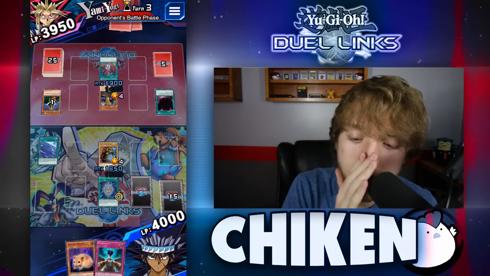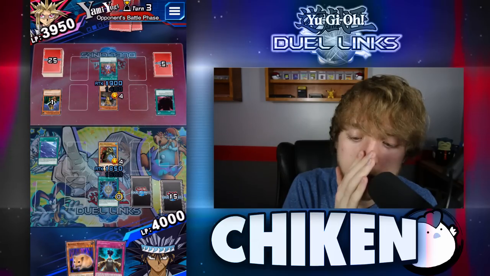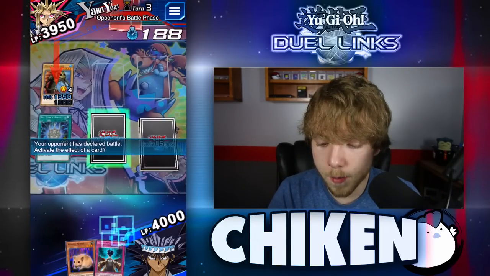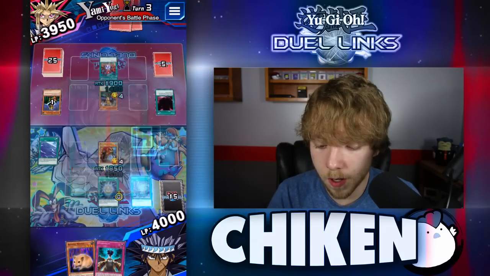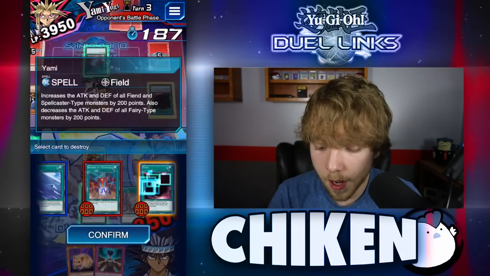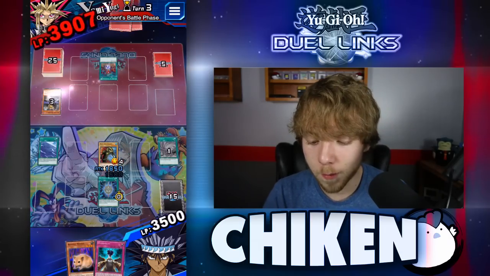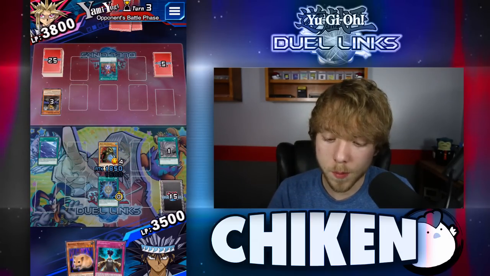I have a Twister, guys. I have a Twister, and I'm gonna kill it right now. He's gonna attack, and I'm gonna kill the Yami. Kill the Yami, baby. Thank you very much. Goodbye, I'll see you later. Yeah, that's gonna be the 150 to the face, and then we're gonna have our Vermin on board